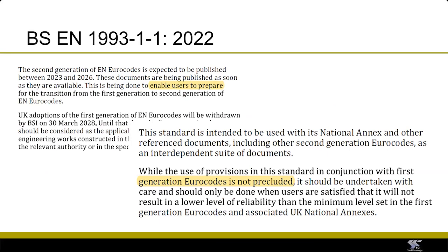We're talking about beta factors. In very simplistic terms, I'd say that the only way that you could demonstrate as a designer that using a new rule wasn't going to give you a lower level of reliability was to identify that that specific new rule compared to its specific equivalent in the first generation was no less conservative. But if you think about that, if you can only use the new rule, let's twist that slightly and say, if you can only use the new rule if it's more conservative, then why would you want to bother? Because the software won't be there to help you and whatever else.